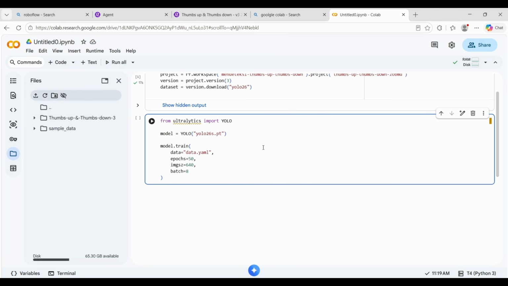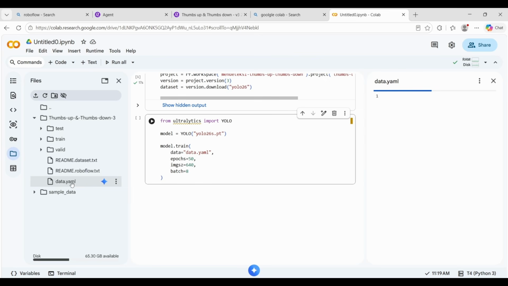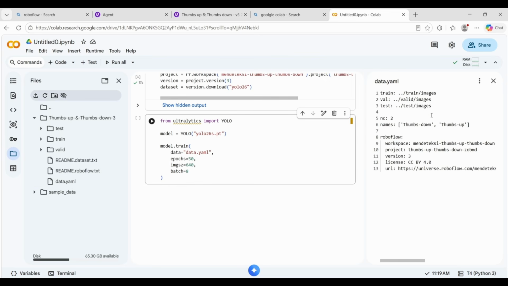In the very first line of this train command, you can see that we have a parameter as data and we have passed a file name as data.yml. This points to the data.yml file that came with the RoboFlow download. It contains the paths to the training and validation images and the names of the custom classes. In our case, we have thumbs up and thumbs down. If we open it, we can locate our data.yml file, and if we double click, it will be opened,